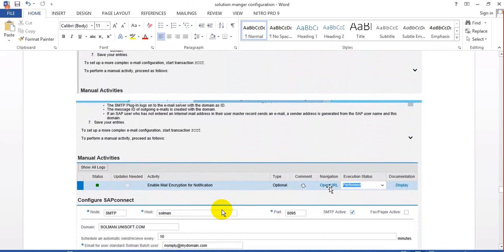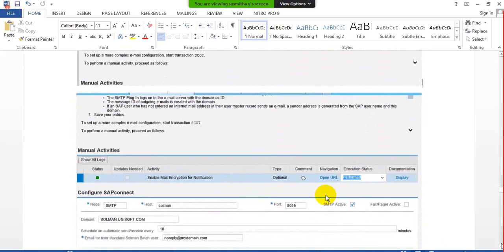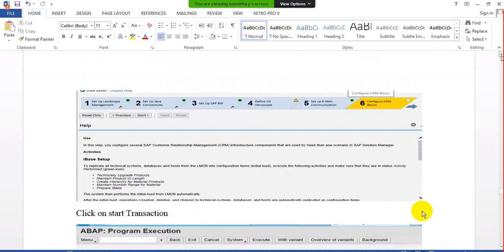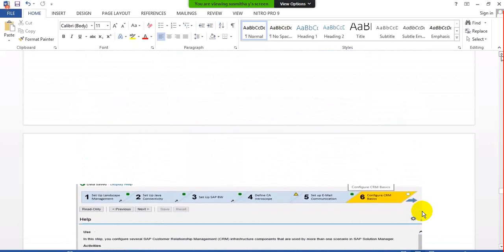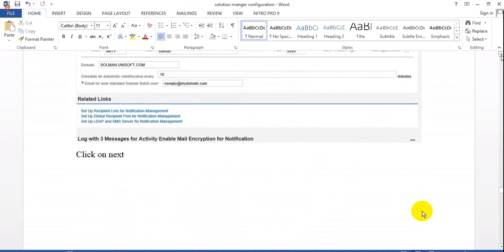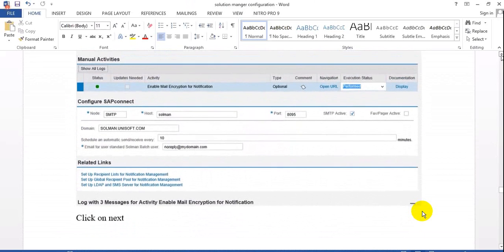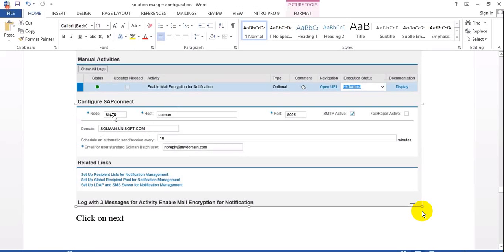Click on open URL. There, update the email details. Domain: what is our host domain? What is the node? What is the port? By using which port is it going to connect? What is the email? Here we can specify the details. After providing all these details,